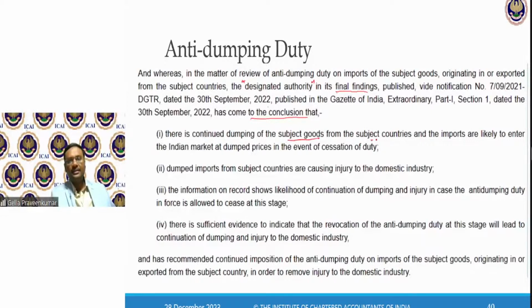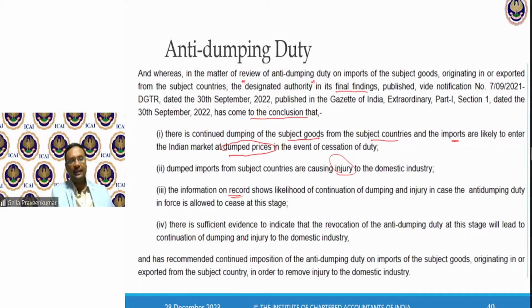Look at the courage you need to have to bring in a notification in the event of cessation of duty. Dumped imports from subject countries are causing injury to the domestic industry. The information on record, what is a record? It shows likelihood of continuation of dumping and injury if anti-dumping duty is allowed to cease at this stage.